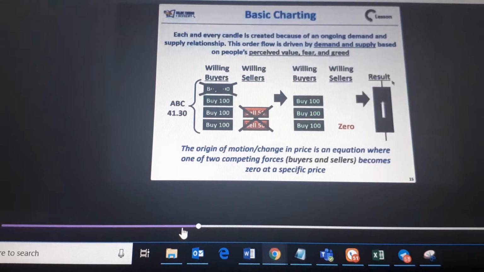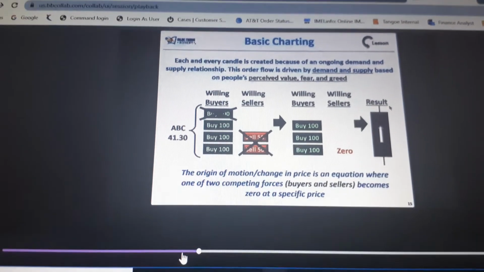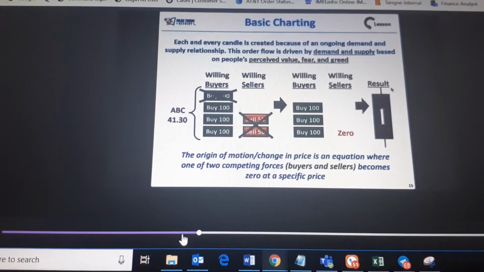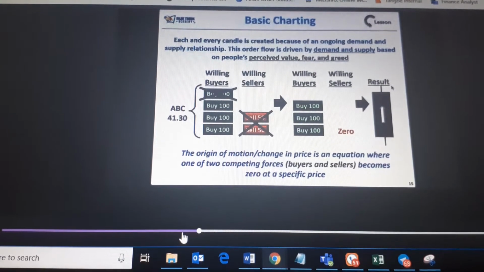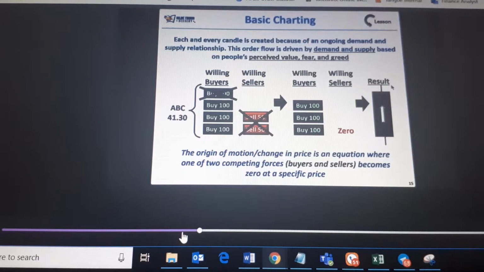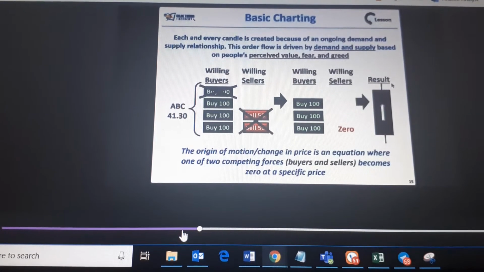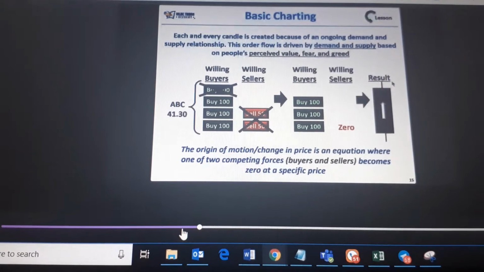There will be no sellers. At some point in the market, there will be no buyers. So the buyers have to increase the price, or the sellers have to bring down the price. Is there a minimum quantity which can impact price? Nothing like that. Yeah, they have to wait till the price comes down.